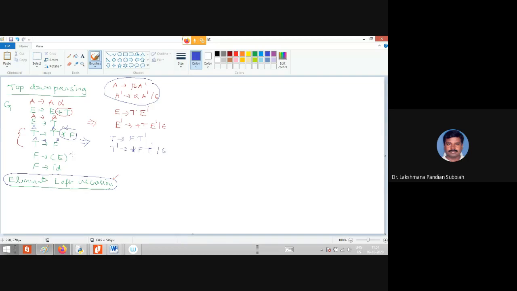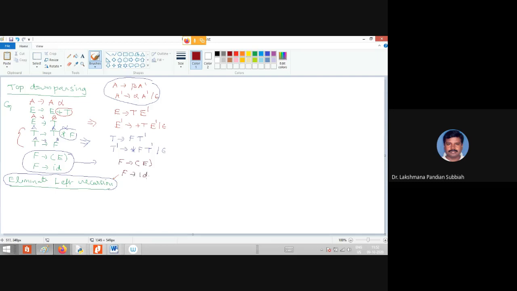For F there is no left recursion. For T left recursion is there, and for E left recursion is there, so we convert them by elimination of left recursion. Then we write the rest as it is: F derives open bracket E close bracket, and F derives ID.